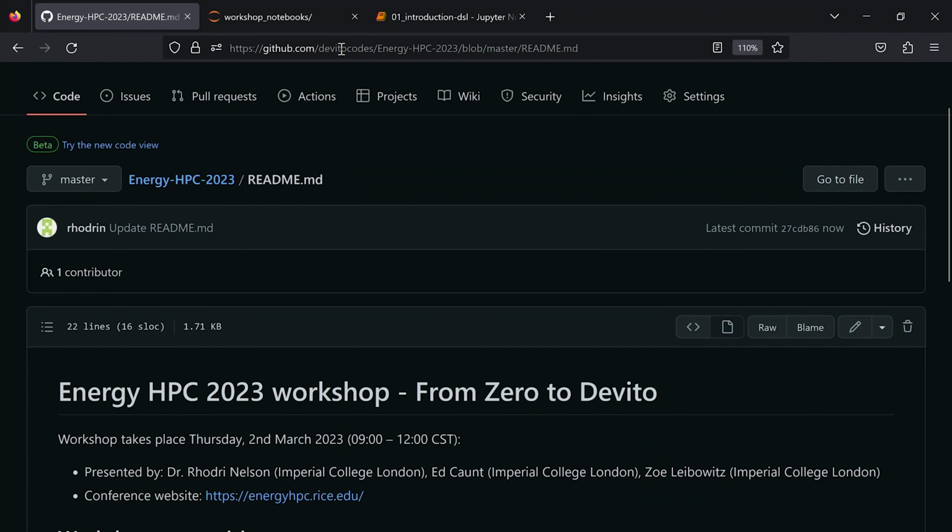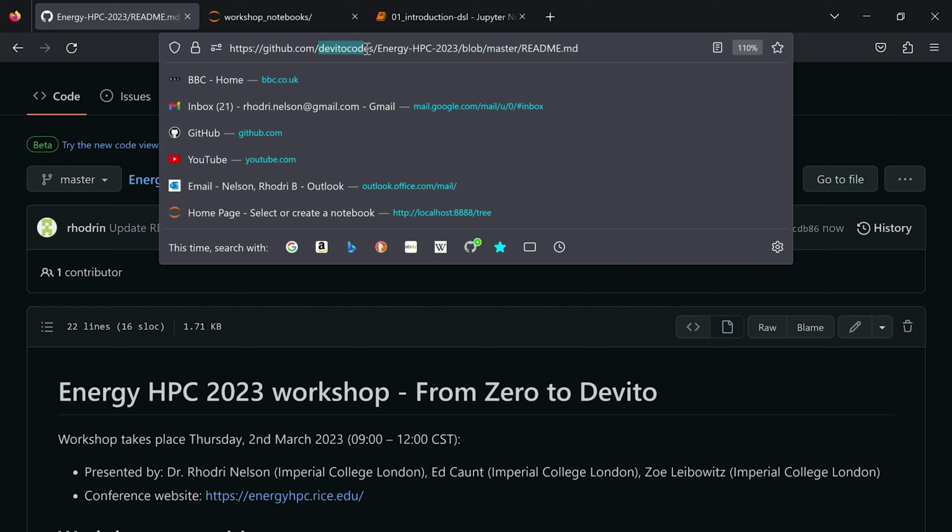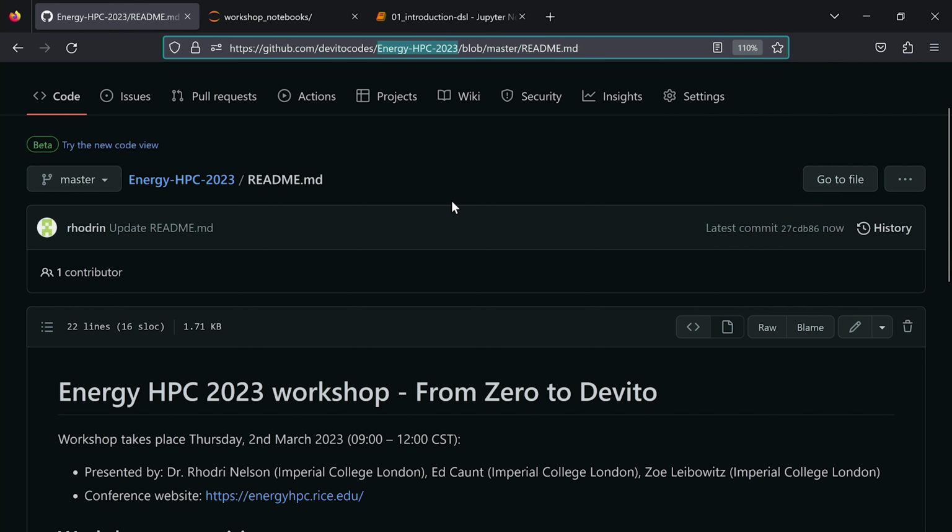So here is the main repo we'll be using for the training today. If you go to the DeVito codes organization on GitHub, then the Energy HPC 2023 is the repo we'll be using. If you want a more interactive experience with a tutorial and you want to run some DeVito yourselves and play around with the different options